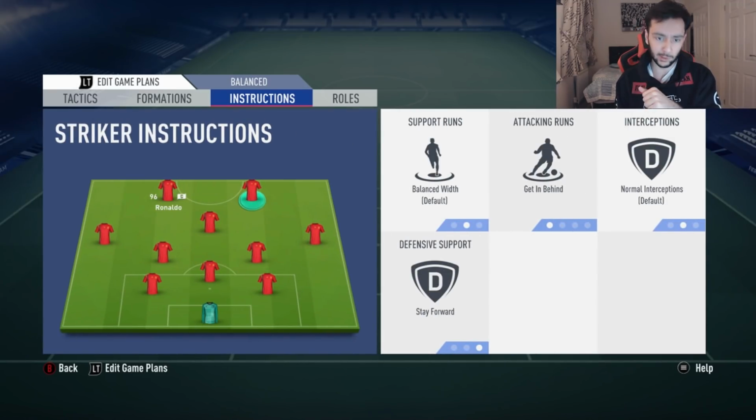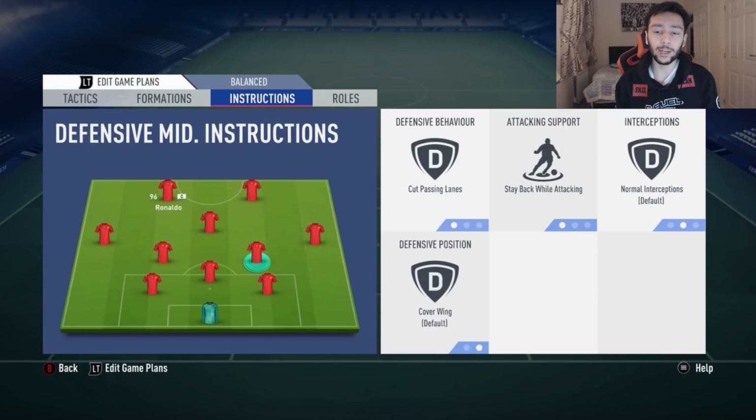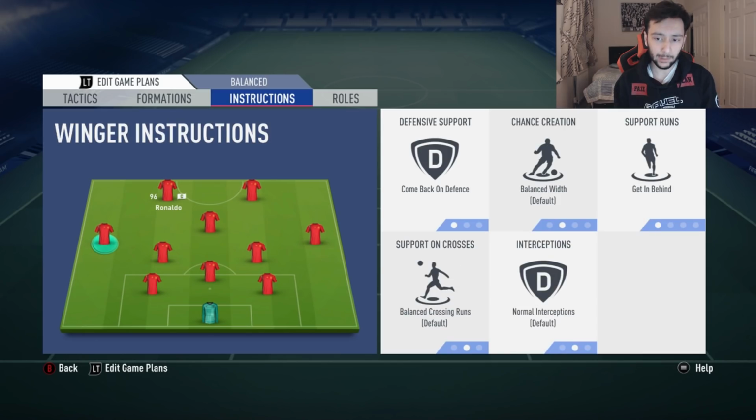Get in behind, stay forward. Stay forward on the cam. Both CDMs, to stay back while attacking. Cut passing lanes is up to you, but make sure they're staying back while attacking. And then we've got come back on defense and get in behind, and the rest leave it as it is for the 2 wingers. The great part about that, it actually kind of turns into a 5 when you're defending. And then at the same time, they're bombing. So you need people with high stamina,